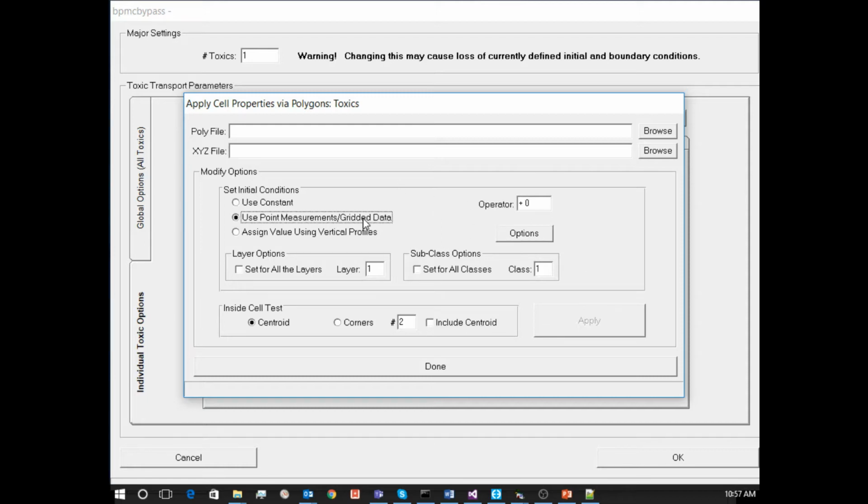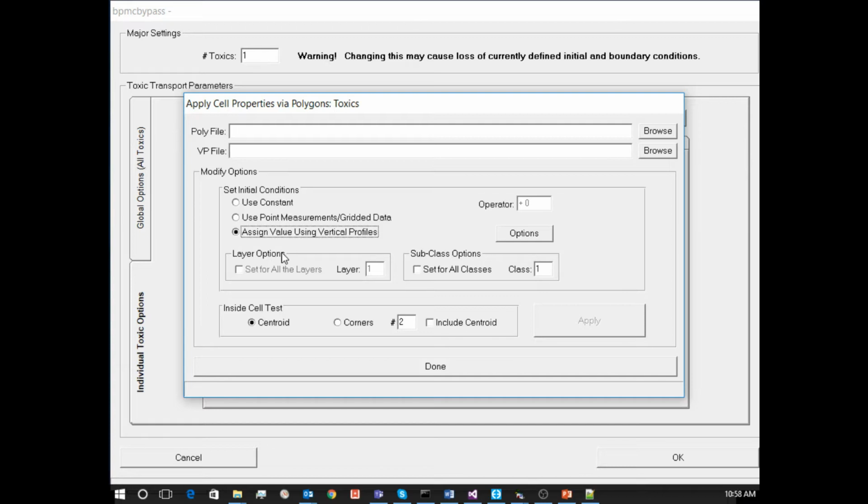Alternatively, you can use this option, which uses this XYZ file, or you can use the vertical profiles. And this is a spatially, horizontally and vertically varying format. If you've got a measured profile at the mouth of your estuary and a measured profile up near where the river comes in, it'll just take those 2 measurements and distribute them in 3D across the entire domain with 1 click. So you specify the locations of those 2 profiles, and then you have the profiles, and